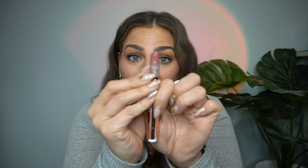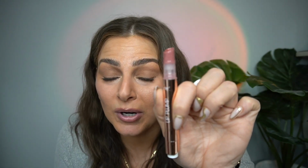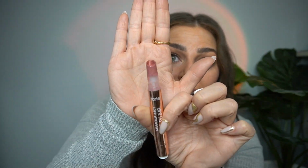So in order for me to get the product out, I physically need to dig it out. Now that's that much product left. That's a lot of product still left, as you can see, that I need to dig out. So if I'm not able to get to that by clicking it out, I have to dig it out. And that's just a lot of work and that's very frustrating because these aren't cheap. These are kind of expensive. If we could fix that